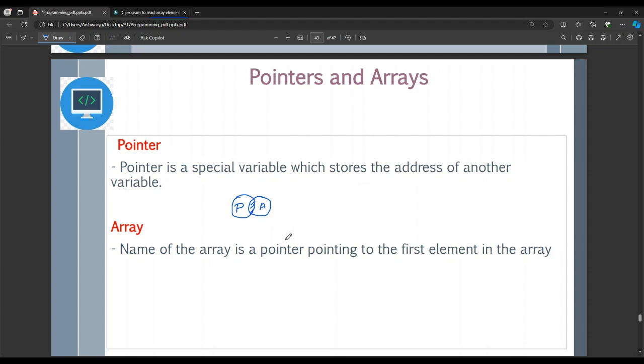However they are related, the name of the array itself is a pointer. Whenever we say pointer, it means it is pointing to some other variable. Pointing to means it is holding the address of another variable. So the name of the array itself is considered as a pointer. You don't have to declare another pointer. You can declare, but it is not required. That is what they're trying to tell. Another pointer holds the address of the first element in the array whose index is 0.